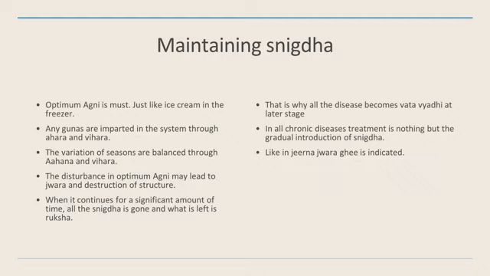I had experience with a couple of patients where ghee was not accepted and ghee was the most ideal thing for the person, and we started giving 2 drops, just 2 drops of ghee in warm water, and slowly with that itself the person recovered. So where snigdha is required, it has to be imparted gradually, and it's not necessary that you give ghee or oil. You can give anything. You can give milk, you can give rice gruel.